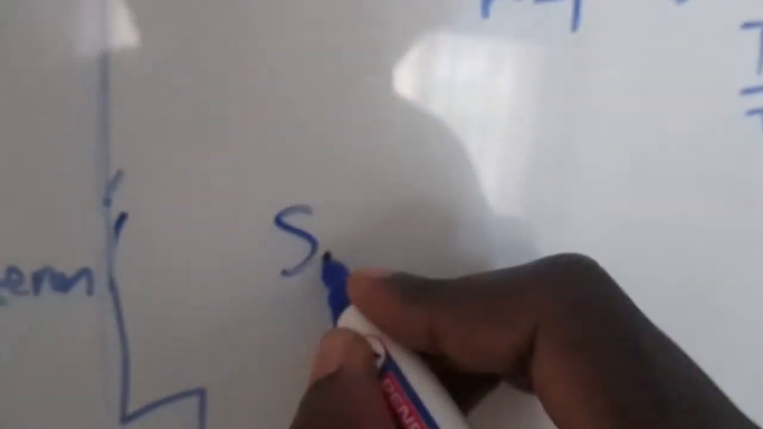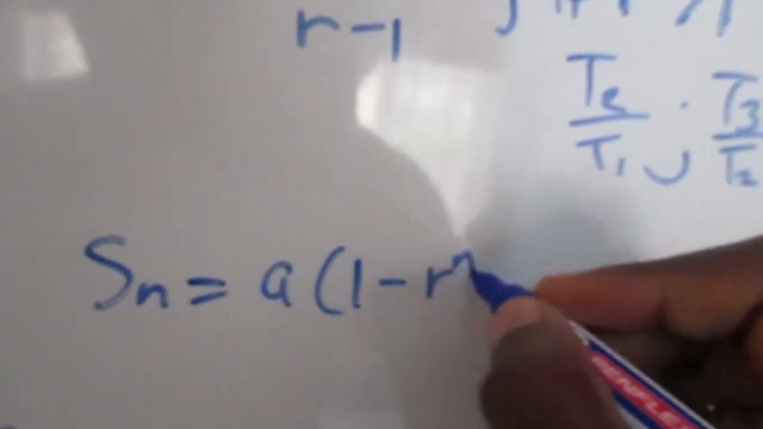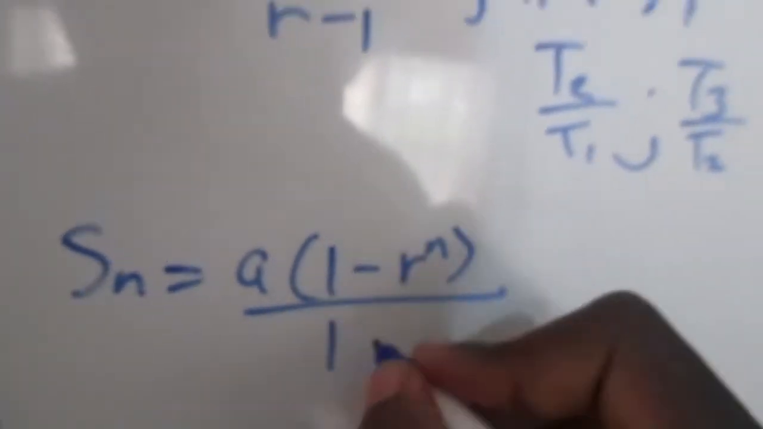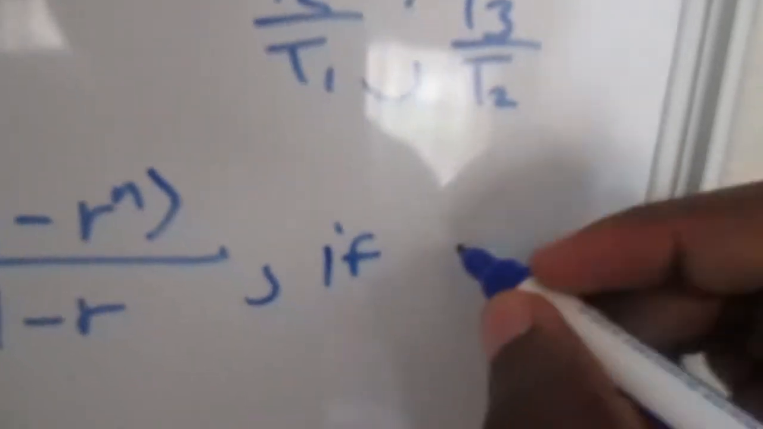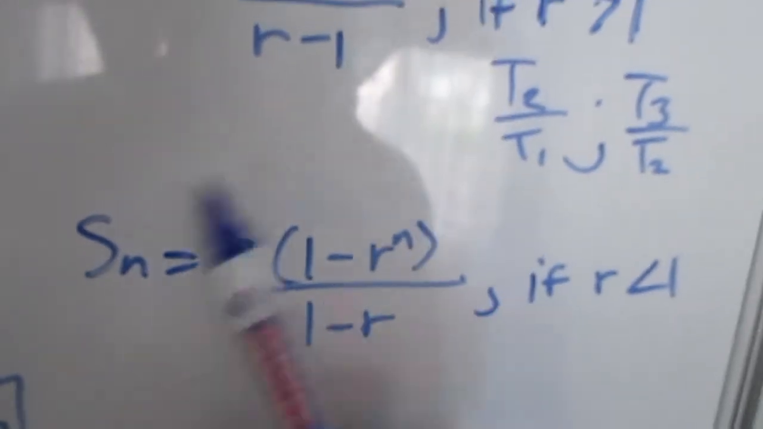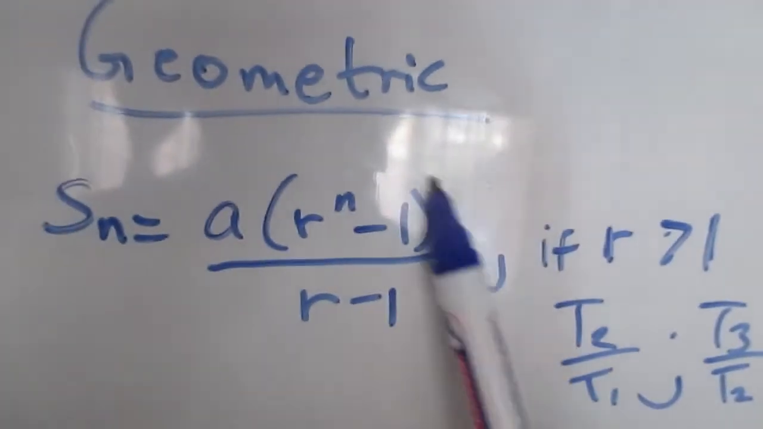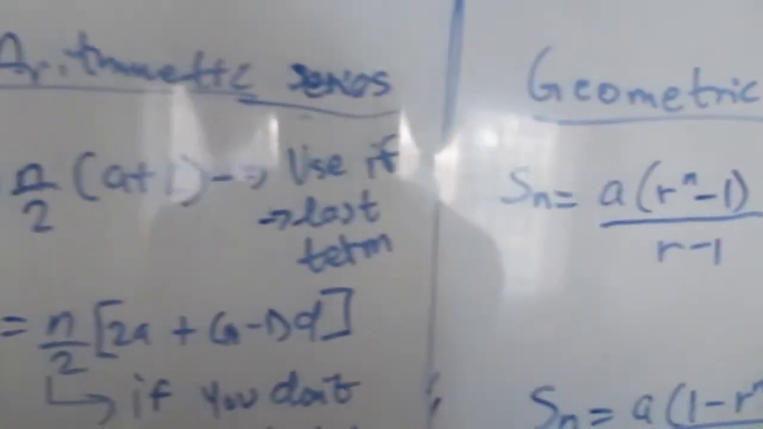Now the second formula, which says Sn is equal to a, 1 subtract r to the n divided by 1 subtract r. You use this formula if r is less than 1. So if r is less than 1, you basically use the second formula. If r is greater than 1, you use the first formula. And the same principle still applies. You just basically